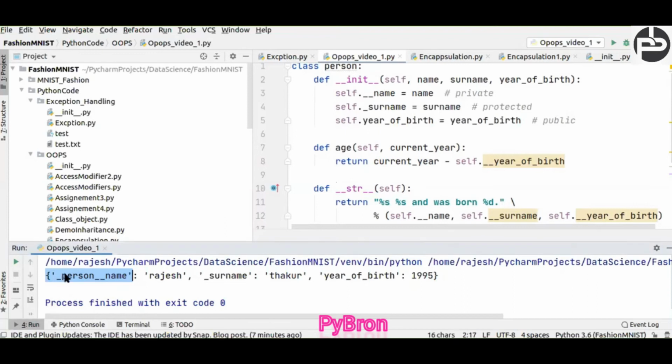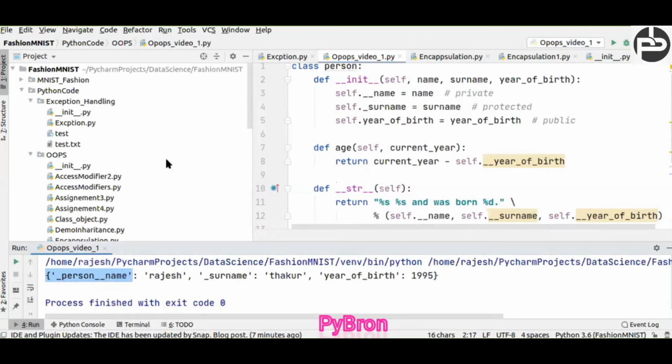Underscore class name underscore variable name. And how do we call the protected data, surname? So it's a kind of way to get the data.